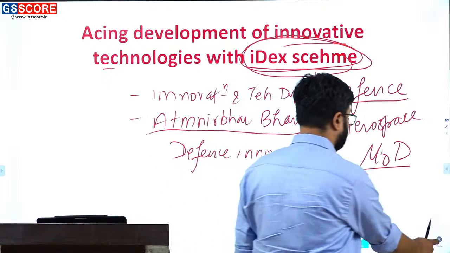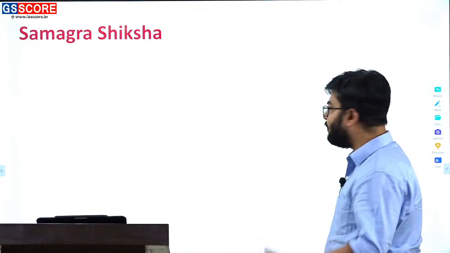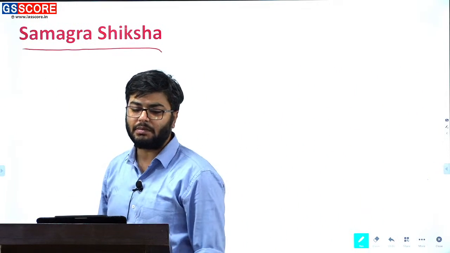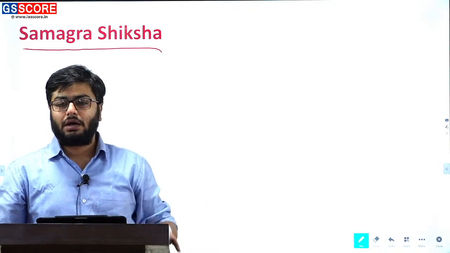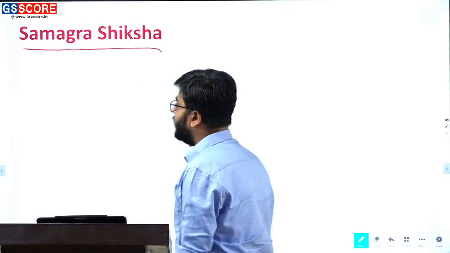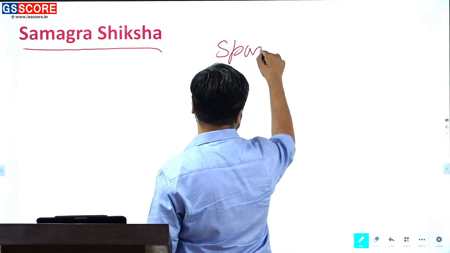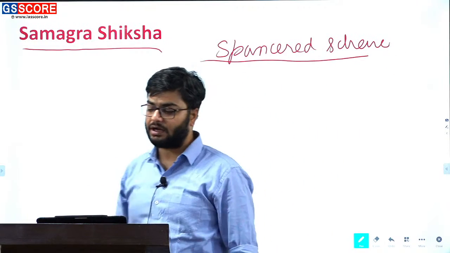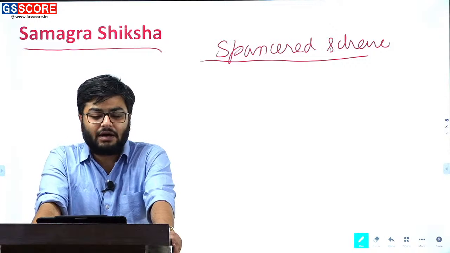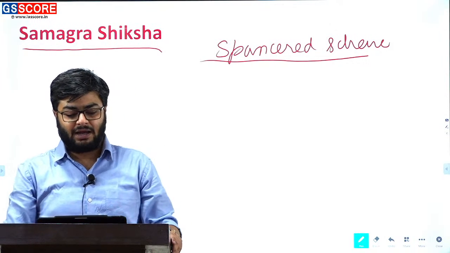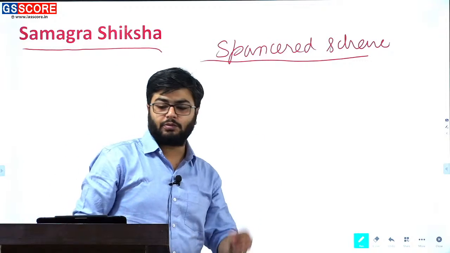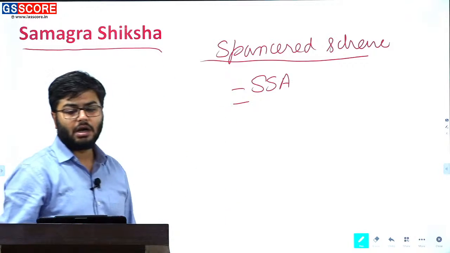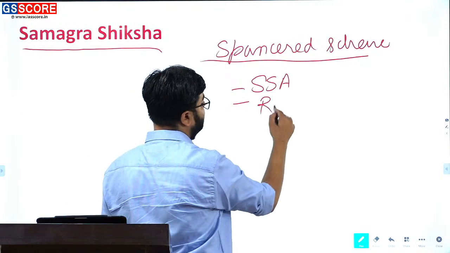Next, let us look at a very popular scheme, that is Samagra Shiksha. It is a centrally sponsored scheme. That means states have a role to play here. It has subsumed Sarva Shiksha Abhiyan, Rashtriya Madhyamik Shiksha Abhiyan,